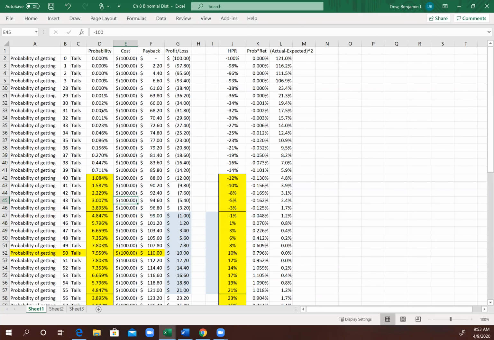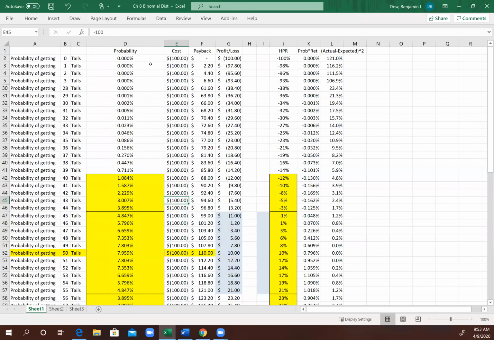Is it possible to get no tails? All heads come up. Yes, it's possible. But we don't really talk about that actually happening. Why not? Well, you throw up 100 coins, the probability of getting all